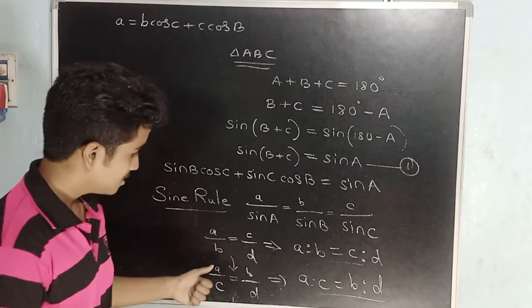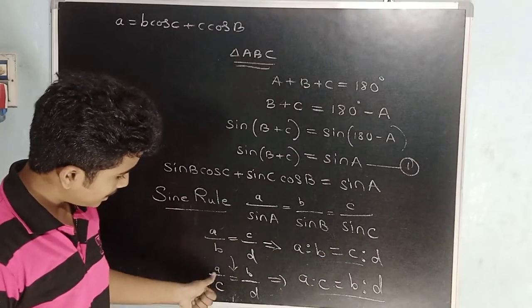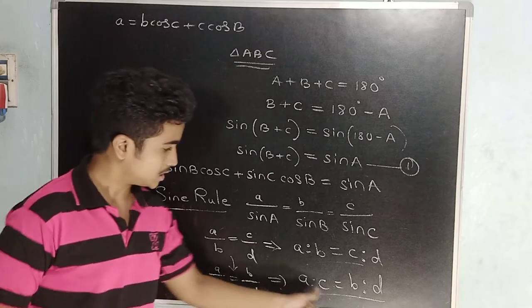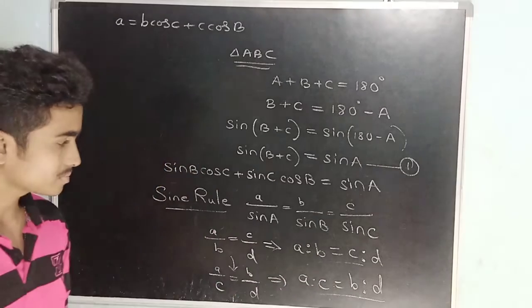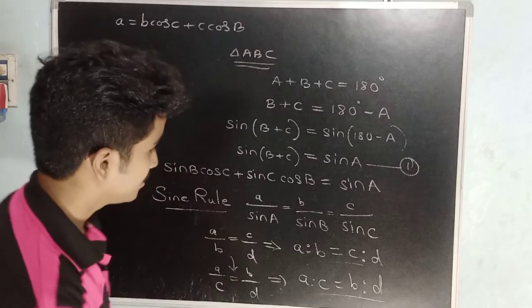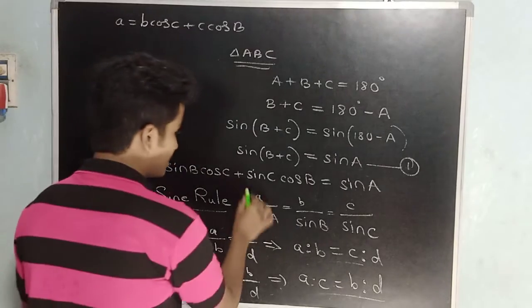As well, this can be written as a by c is equal to b by d. It's nothing but a is to c is equal to b is to d. Okay? Now, similarly,